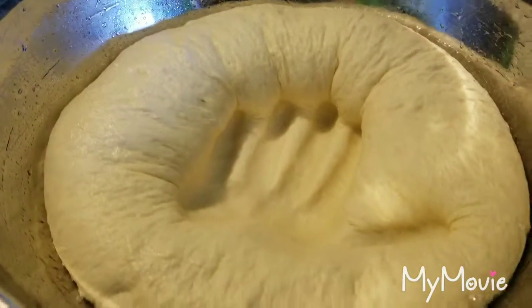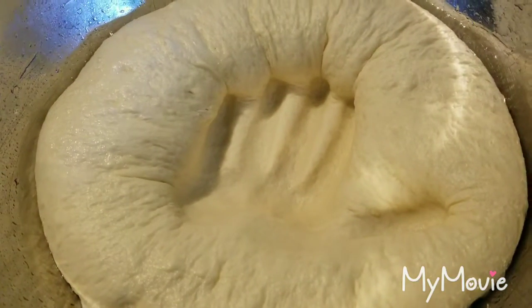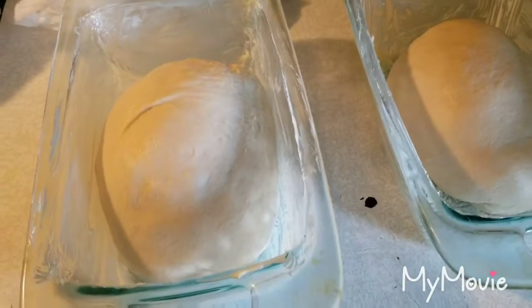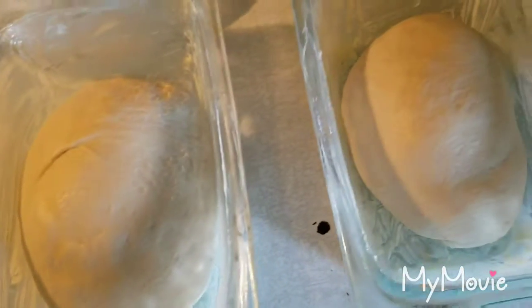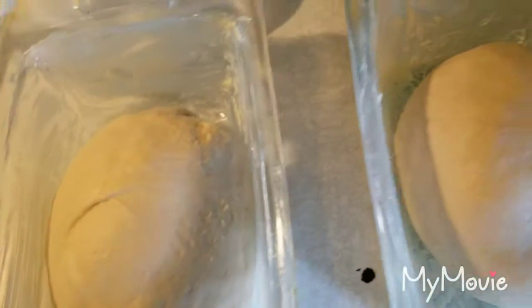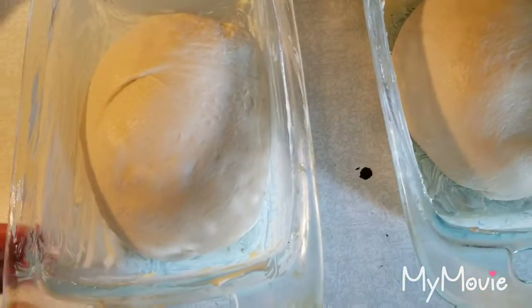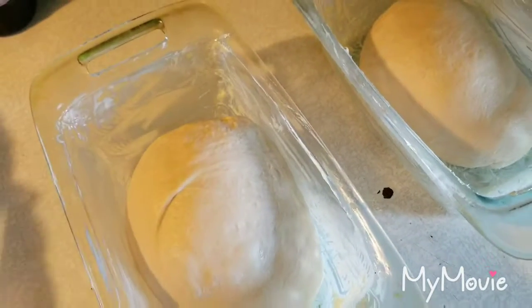and then off camera I am going to roll it out into 2 loaves, and then I will show you what's next. Okay, once you roll it out, try and get them as even as possible. They don't have to be exactly perfect, but shape them into little loaves so they'll expand into your vessel here. And then a trick that I've learned, what you can also do is like a shower